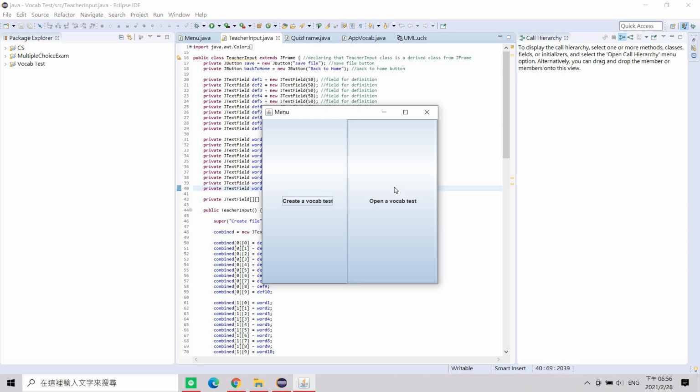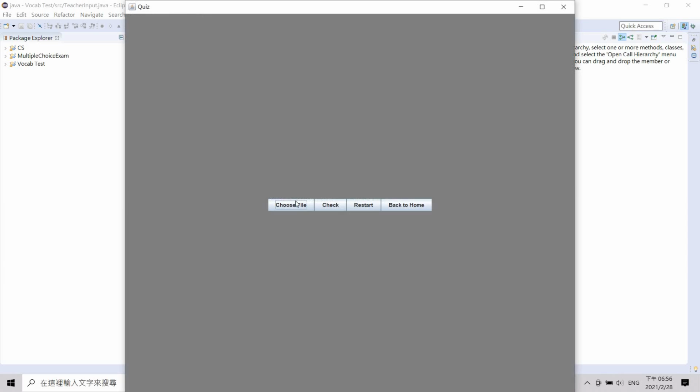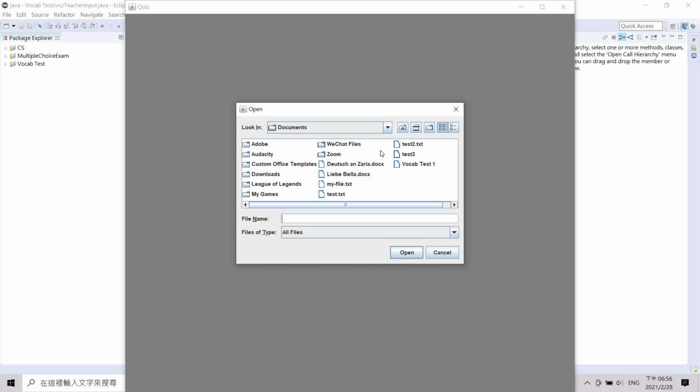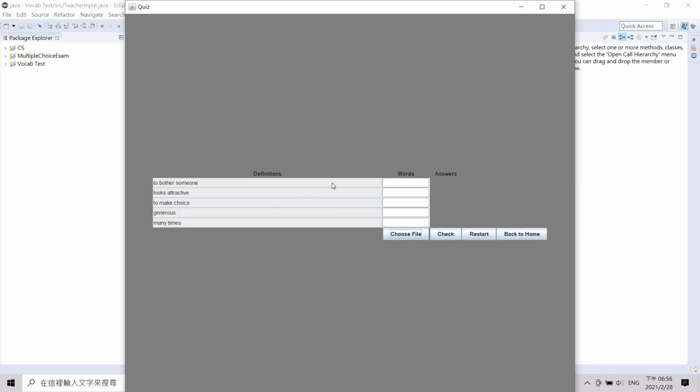And now you can click on open a vocab test, and then there will be 4 buttons, and you can click on the choose file button, which would allow you to choose a file from your hard drive and open it up. The file I just created is a vocab test, and that's why I'll open it. So now I click on open, and now the definitions and the text fields pop up after my whole window gets refreshed. However, only the correct number of